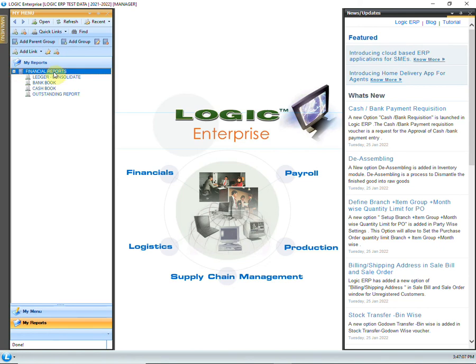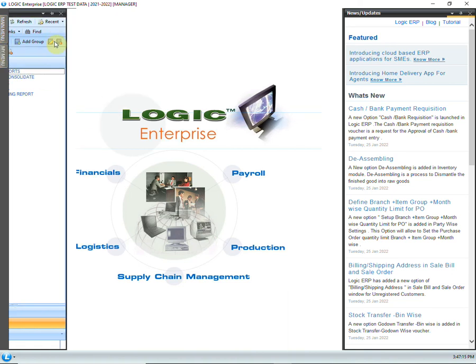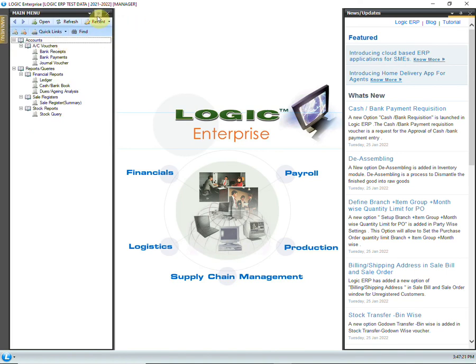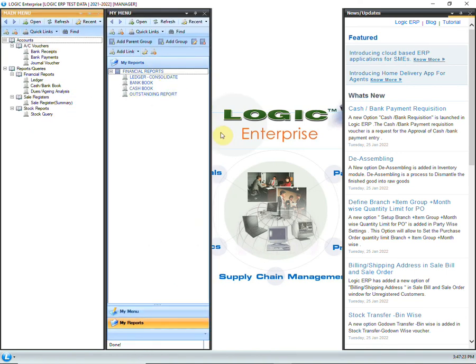This is the My Reports menu that we had designed in the last step. So the last step is only for the purpose of designing My Menu. The main menu will contain the enabled options.